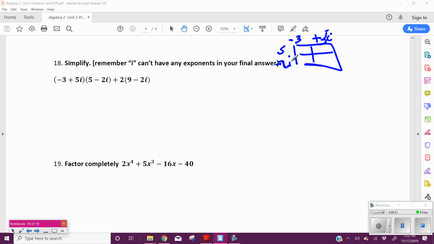The result would be negative 15 plus 25i plus 6i minus 10i squared. So negative 15 plus 31i, because I'm combining 25 and 6,